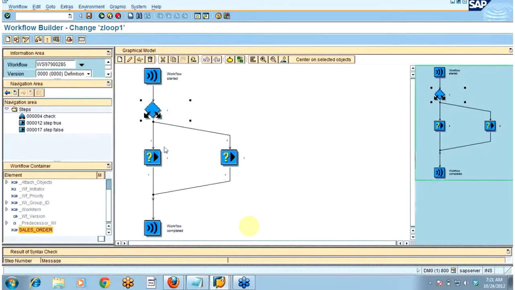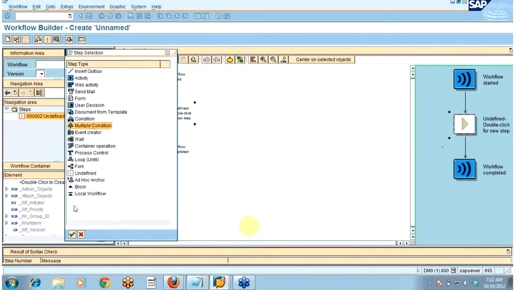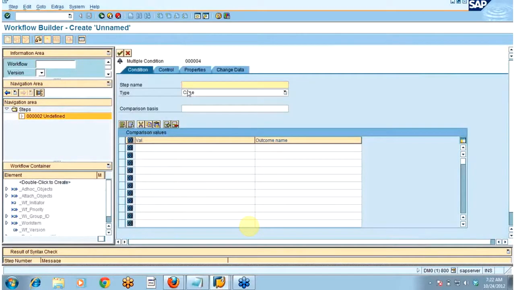In if else we can have only two branches, but in multiple condition we can have more than two branches. I'm going fast with these three because I have already discussed them, so you would be at least somewhat familiar with this step, but since the connection was not that good, you may have missed some part.